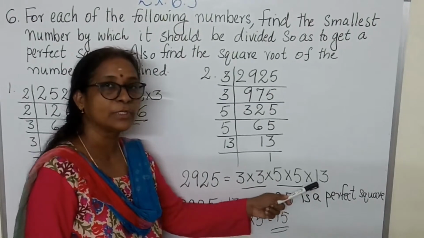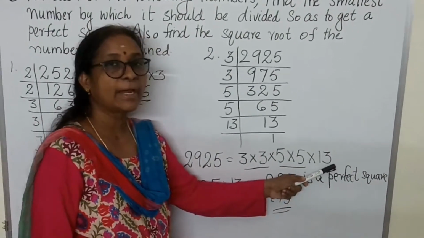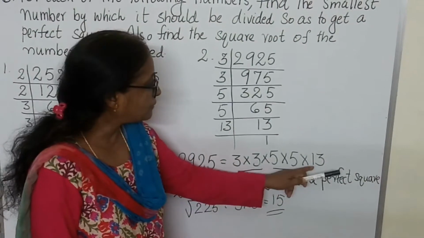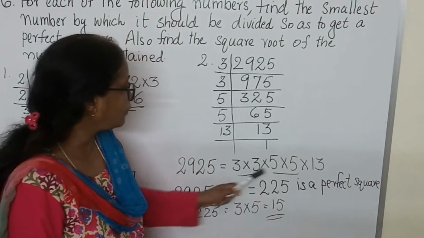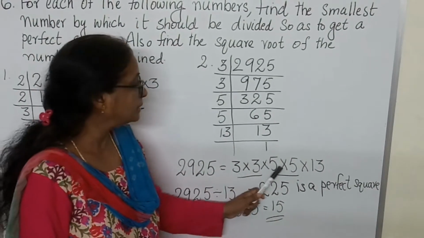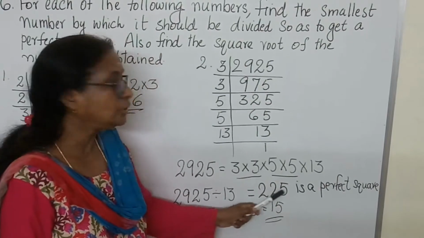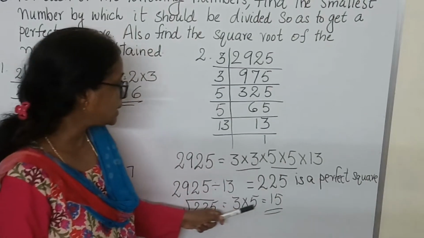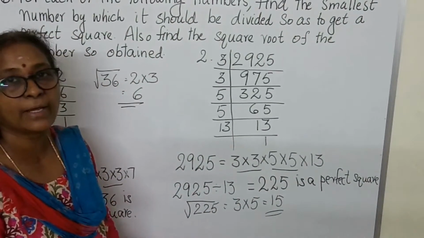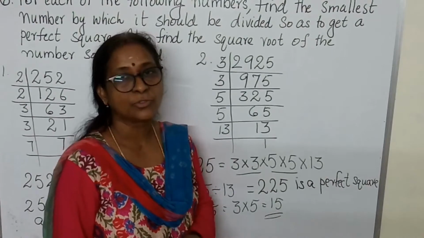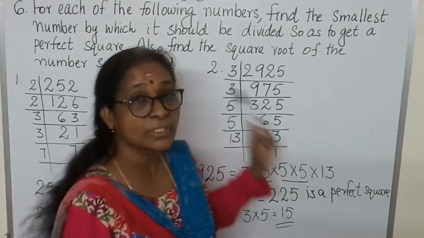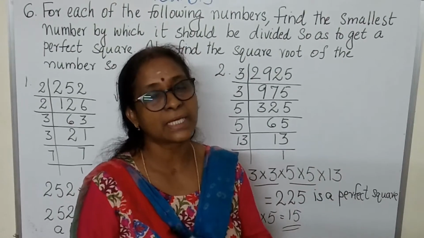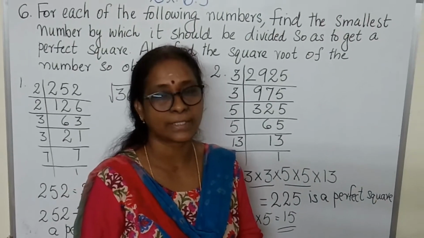So this factor is an extra factor here. So we need to remove this. How will you remove? Divide by 13. So when you divide this number by 13, this factor will go away. So what will you get? These all factors. 3 3s are 9 into 25, which is equal to 225, a perfect square. So find its square root. What is the square root of 225? 15 15s are 225. Okay, even in this question, you have 6 sub-questions. I have completed 2. The methods are the same. So please try yourself.